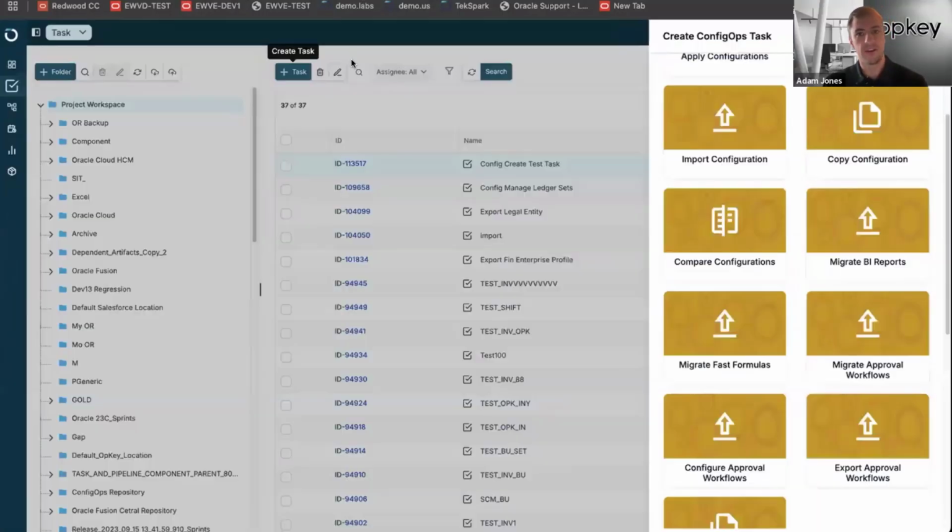All right. So let me start with ConfigAgent, just high level. We have a couple of new features that have been released, particularly around what we're calling selective migration. Generally in the market, leveraging Oracle Cloud, there are some limitations in terms of how customers can move objects or compare objects across environments. And with Opkey now with selective migration, we have the ability to assess, compare, and migrate objects at